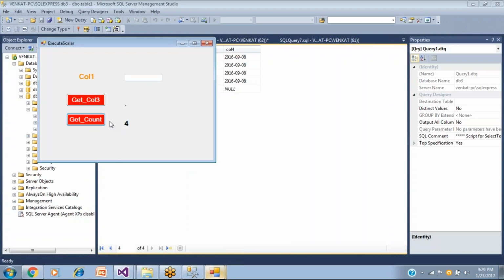Every time you initiate that particular work, the command object which has already been created in the form load will be used, and execute scalar will use the command object, connection object and the query, and then it calls execute scalar and communicates with the database again and again. It's not that it got the data into our hand and it is only used.